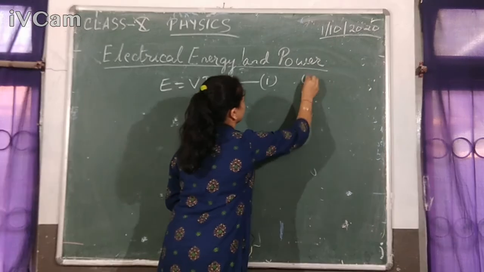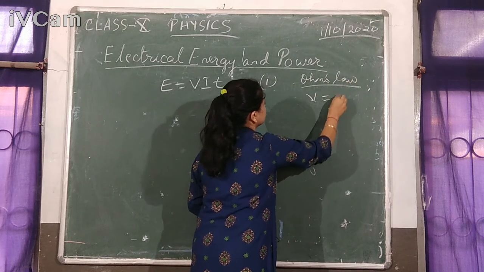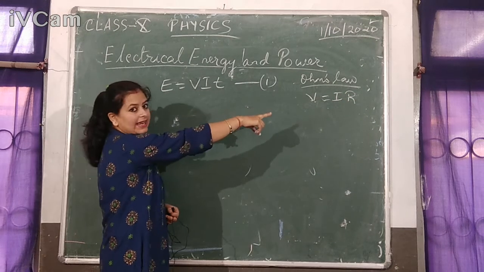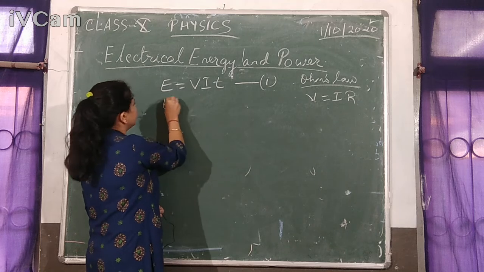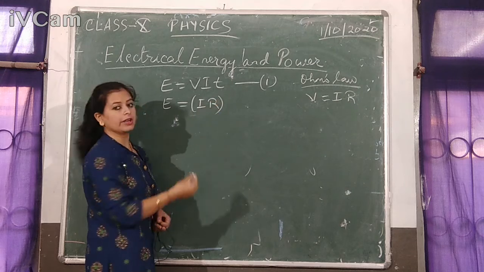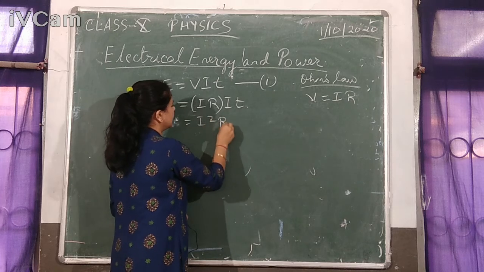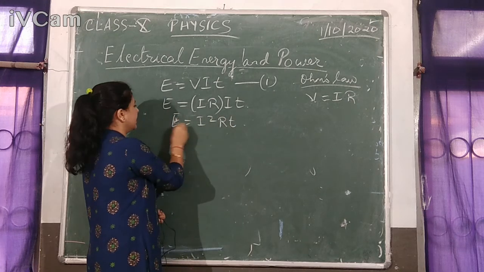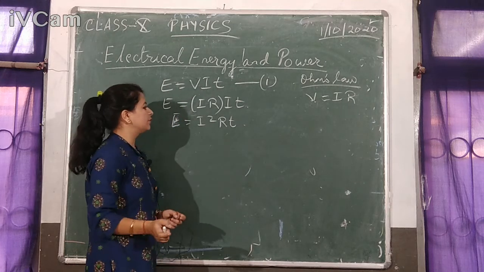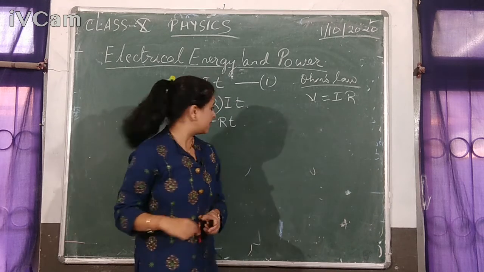Now, using Ohm's law, V can be written as I into R. So, if you want to write this expression in terms of I, R and T, simply replace this V by IR, because V is equal to IR according to Ohm's law, into I into T, which is nothing but I square RT. So this is the electrical energy formula in terms of resistance, current and time. This also happens to be the formula for heat generated during the same time when a current I is passed through the conductor. Alright,